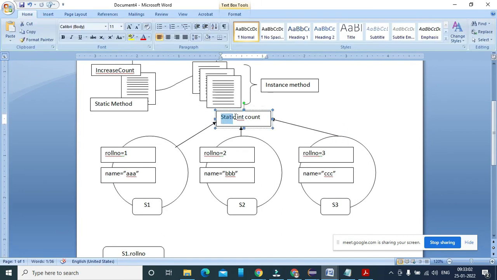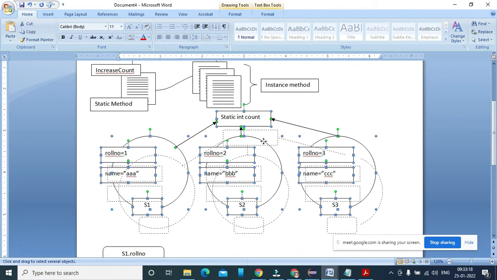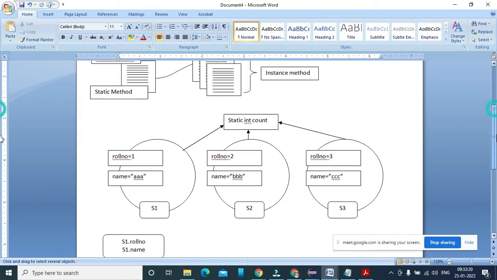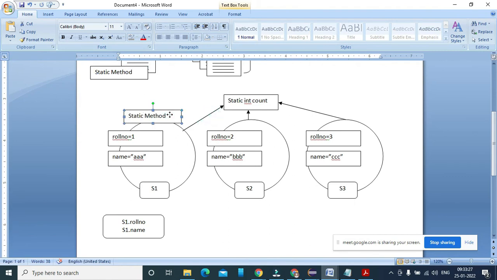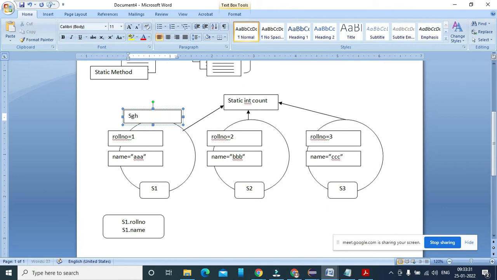So remember, when you are using a class variable with the static keyword, that means you are sharing this variable here. So whoever is changing the value, that changed value is available to the other objects.